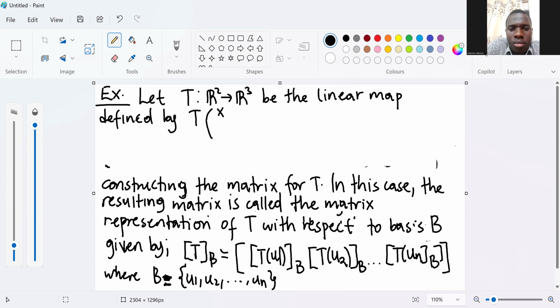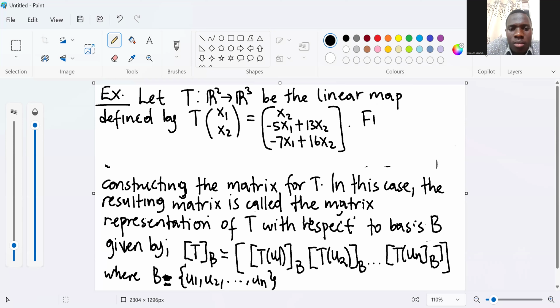Therefore, we have T(x1, x2) is equal to (x2, -5x1 + 13x2, -7x1 + 16x2). Then